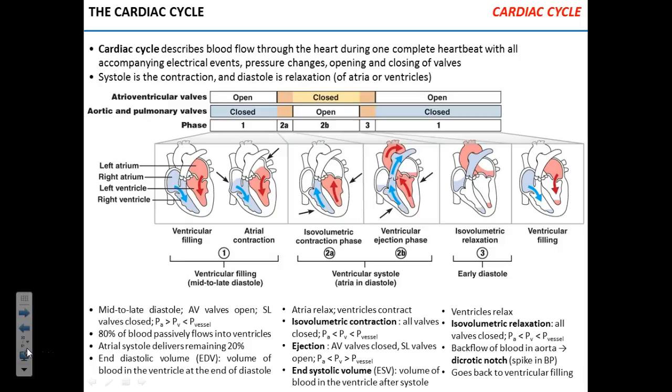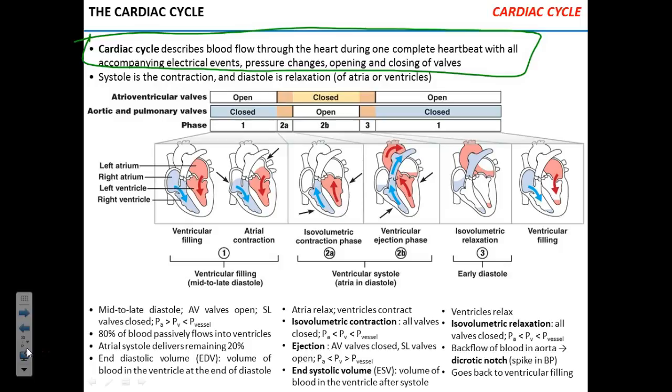So all that rambling that I just said is kind of summarized here. I'm not going to read it for you. You can read it yourself. Cardiac cycle. I always try to go from big to small. So the heart generally does two things. One, it contracts. Two, it relaxes. It contracts, it relaxes. When it contracts, what happens to the blood?